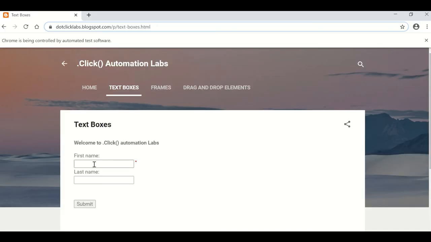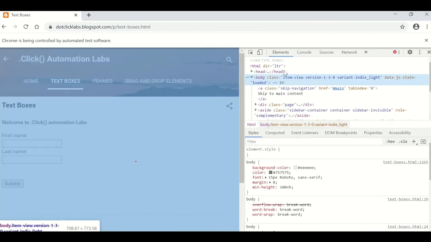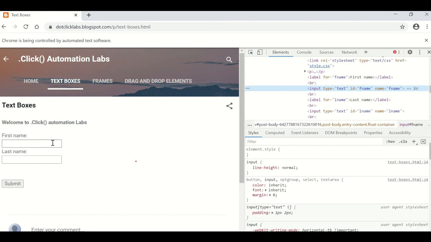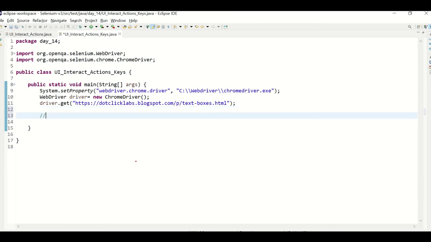Now inspect this web element, and what is the property? ID equal to fname. Copy this, and you can say driver.findElement(By. whatever property you copied.